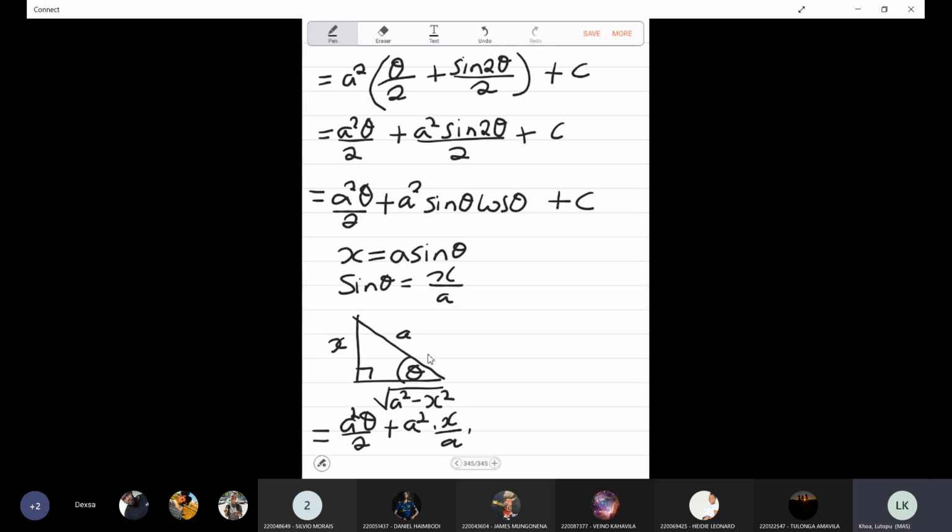So this is the square root of a squared minus x squared divided by a, and then our constant of integration. So in the denominator here, I have a times a, which is a squared, and it'll cancel with that one. So a squared, and with both of these, then when we write it nicely,